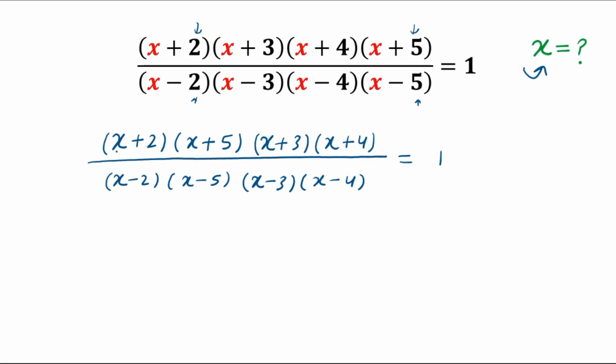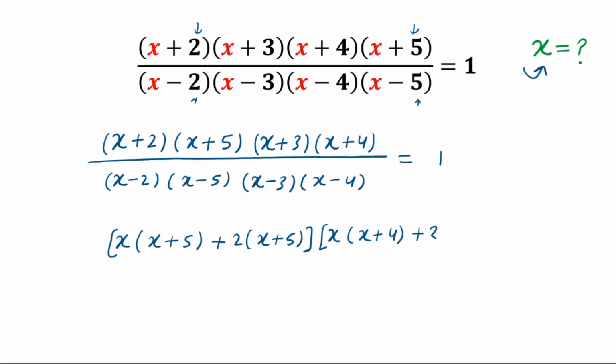Now this x is multiplied by this x plus 5. x is multiplied by x plus 5, and this 2 is multiplied by this x plus 5. 2 times x plus 5. x is multiplied by x plus 4. x times x plus 4, and this 3 is multiplied by x plus 4. 3 is multiplied by x plus 4, and divide by